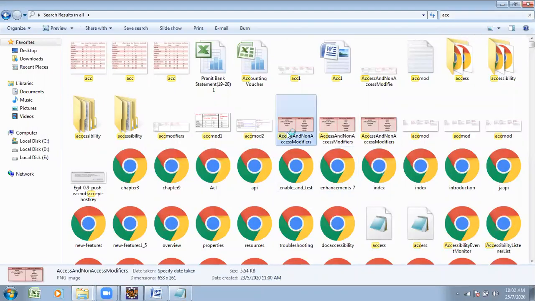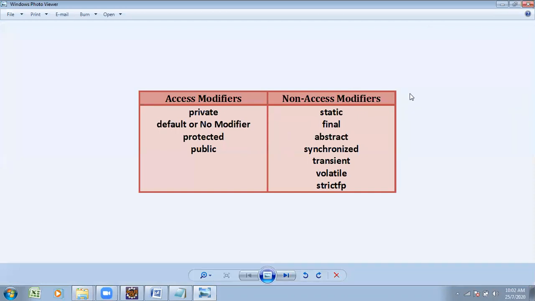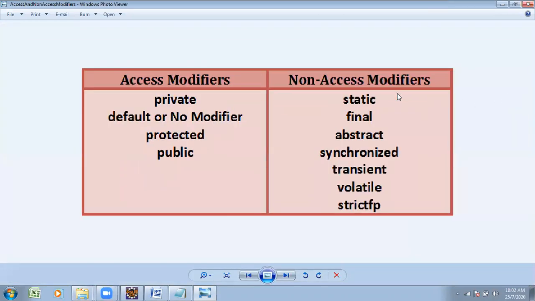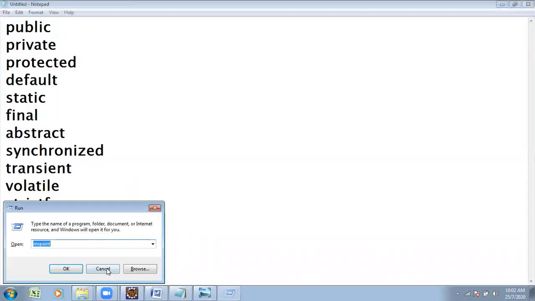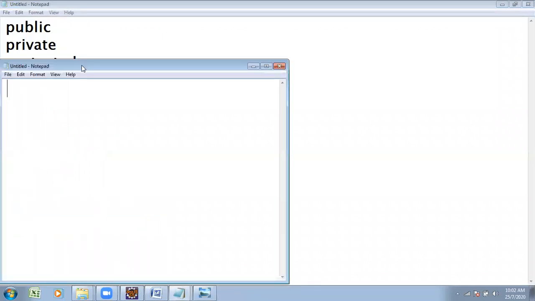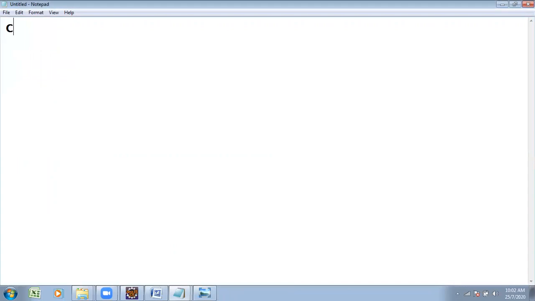See, Java supports two types of modifiers: access modifiers and non-access modifiers. Sometimes while writing a program, you may observe I write class test, and sometimes I write public class test.